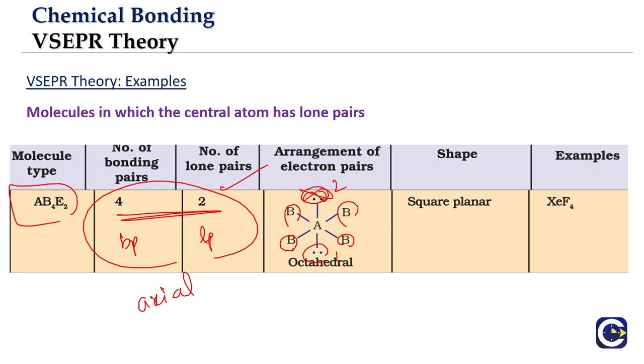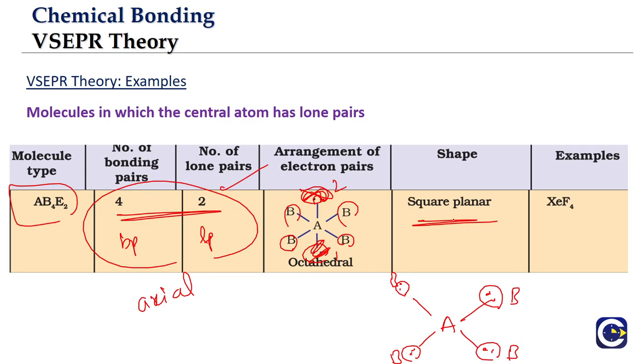If you want to know what is the shape, can you see the lone pairs? We cannot see the lone pair. What you will see is an atom A and 4 corners of the square taken by what? Atoms of B. So what do you say about the shape of this? You are not able to see what is above the plane and what is below the plane. You are only seeing that there are 4 B atoms at the corners of the square, and A is at the center of the square. So what is the shape? You say it is a square planar shape.